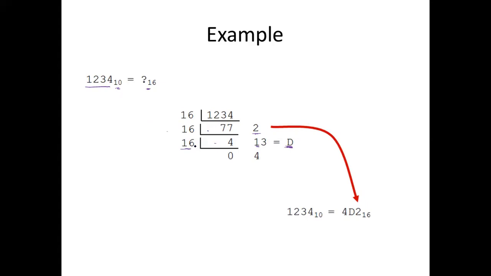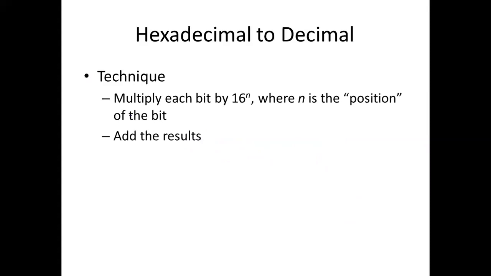Again divide by 16. So it cannot be divided by 16. So we will take quotient as 0 and remainder as 4. Okay. So फिर bottom से top order में लिखो. So 4 D 2. So this is the hexadecimal equivalent. For integer part और